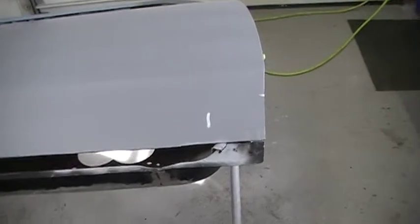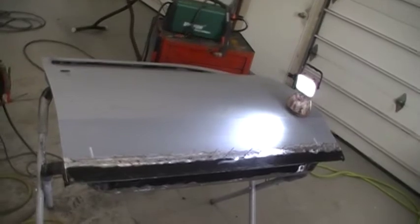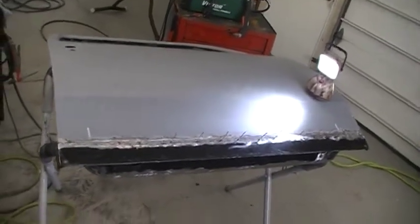All right, I will get that on, get her in place, and I'll show you how that goes. Okay, the whole top repair is welded. And as you see here,